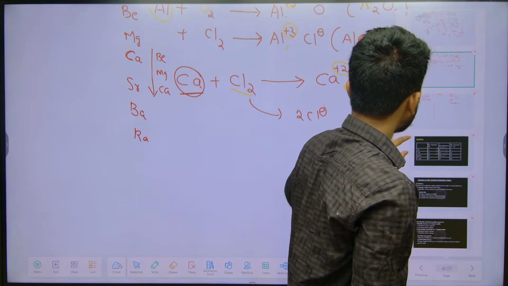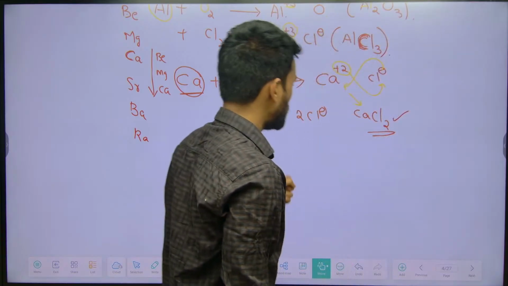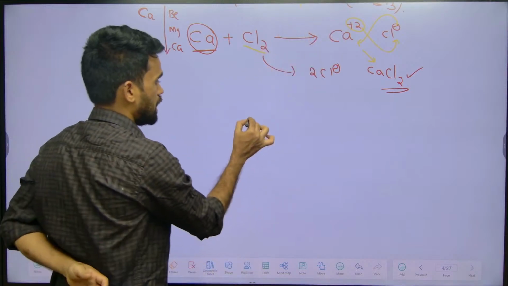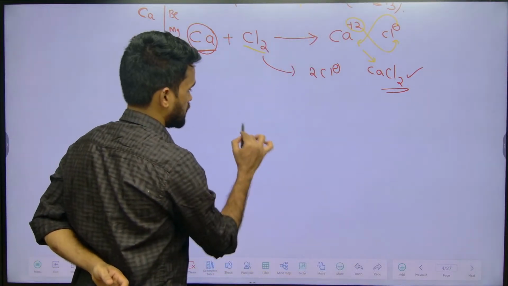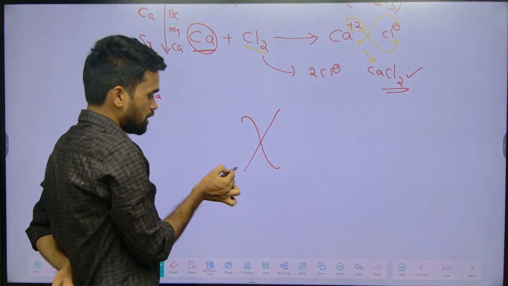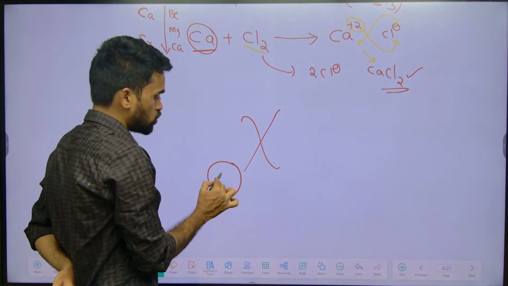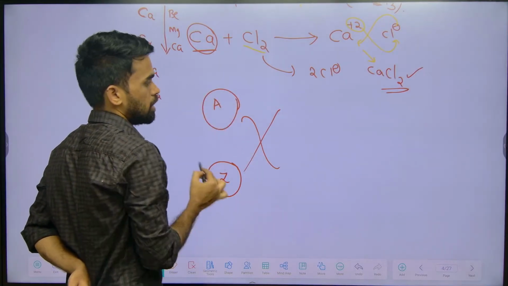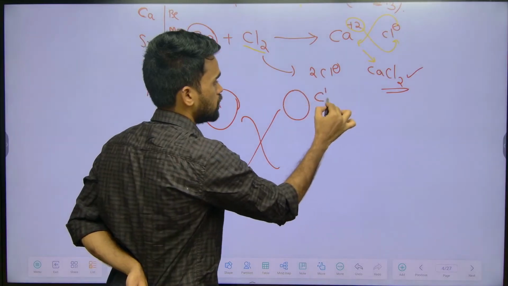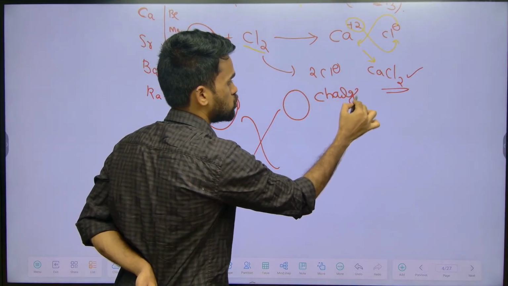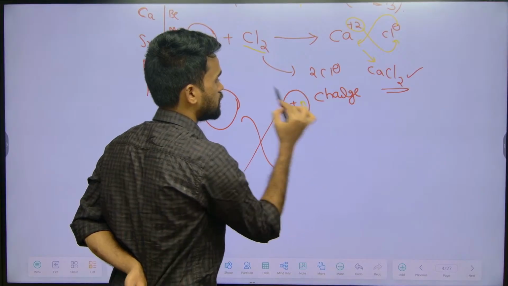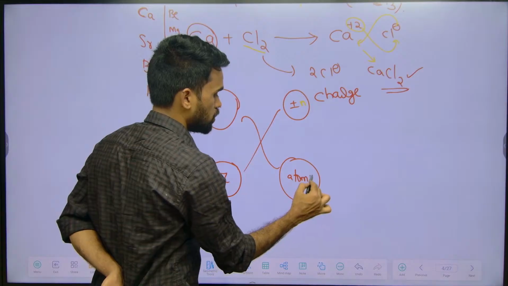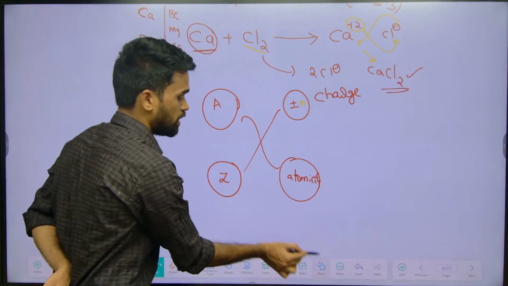Okay. Next. One more thing. I just wanted to remind you of the same thing from the last class. See, an element is indicated with a symbol, chi, let us say. An element is represented like this, and here you are going to write its atomic number, and here its mass number. Okay, and here it is going to be a charge. What is a charge? Some are positive charges, some negative charges, something like that. And this position is to indicate atomicity. Okay, in the last class also I discussed this. For example,